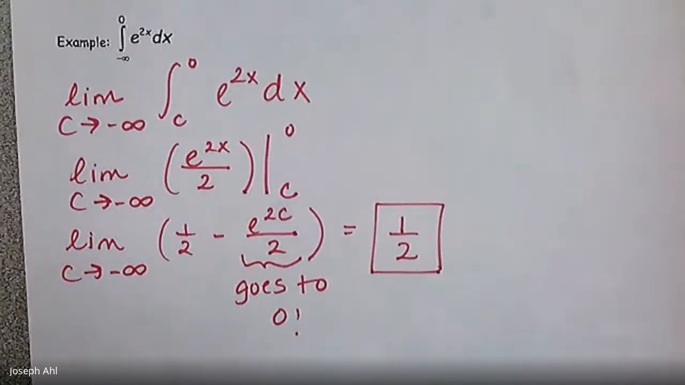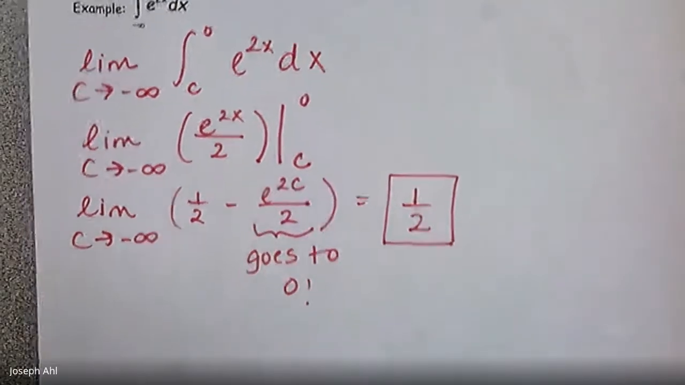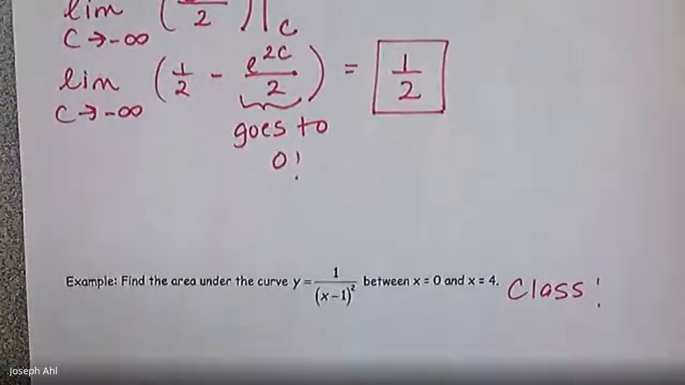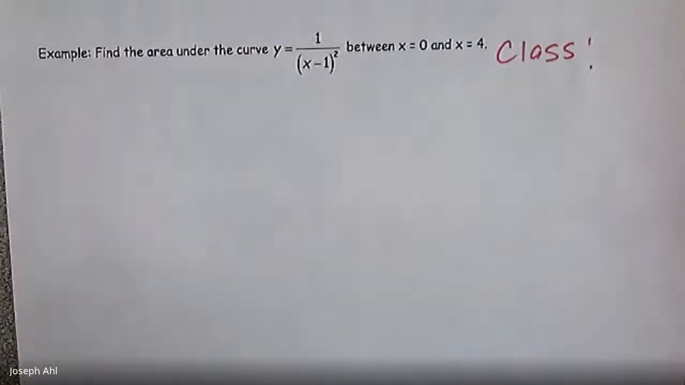So the total accumulated area from negative infinity to 0 for this function is finite, and it happens to be 1/2. All right, we are going to stop with this last one for class. There is one more example at the bottom there, but we have a lot to recap next time we're together. But if you have questions about any of the